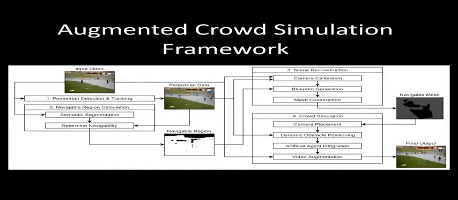In this video we present our augmented crowd simulation system using automatic determination of navigable areas. Our augmented crowd simulation framework consists of 4 subsystems. First, we pre-process our input, surveillance-alike static video. We detect and track the pedestrians in it, which will be used for navigable region calculation, scene reconstruction, and crowd